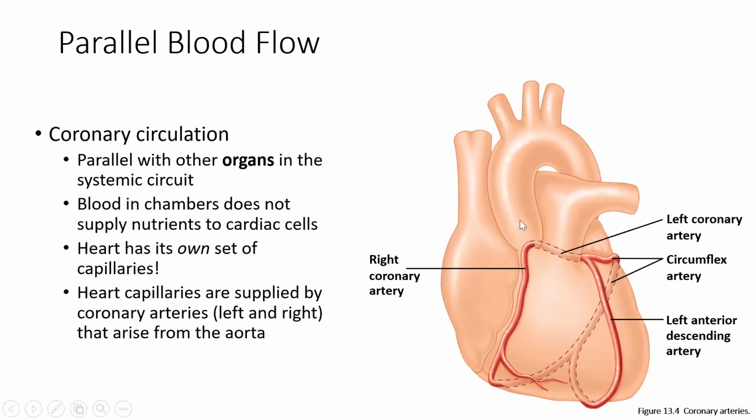Let's speak about the coronary circulation. So the coronary circulation is also a part of the parallel flow. So blood is divided as soon as it gets out of the aorta. The first branches of the aorta are called the coronary vessels, and this is how the heart supplies itself with